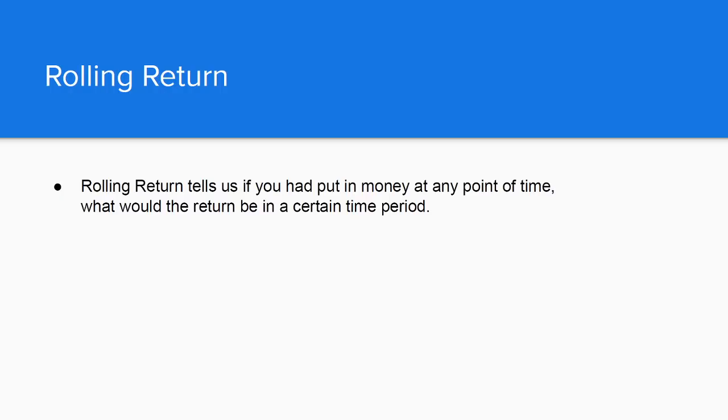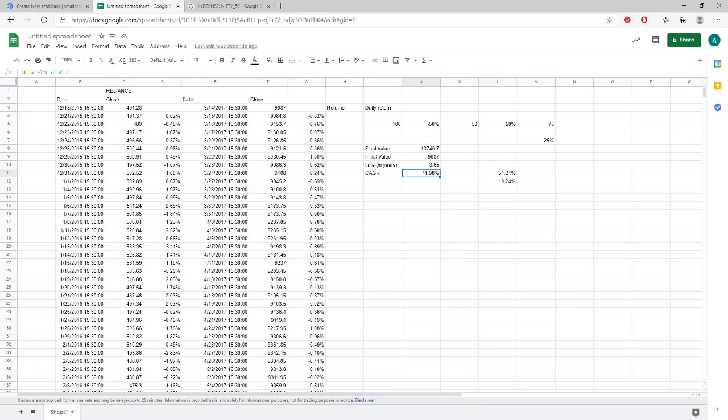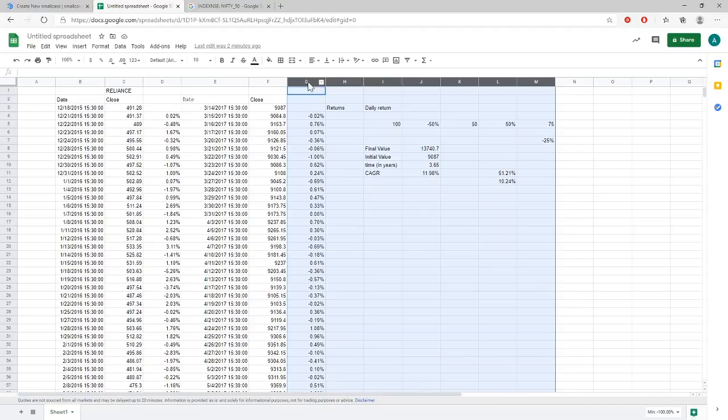The other concept is of rolling return. So rolling return is very interesting. Now you can start investing at any period of time, right, for a certain period. This is where timing the market comes in. If I have to analyze who timed the market better and things like that, that is where rolling return comes into play. Now for rolling return, let us just take an example of 1 year rolling return.